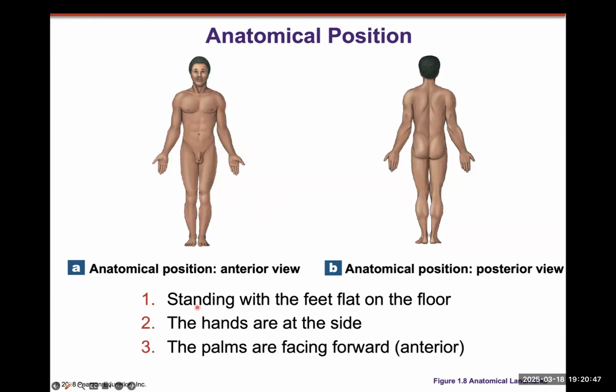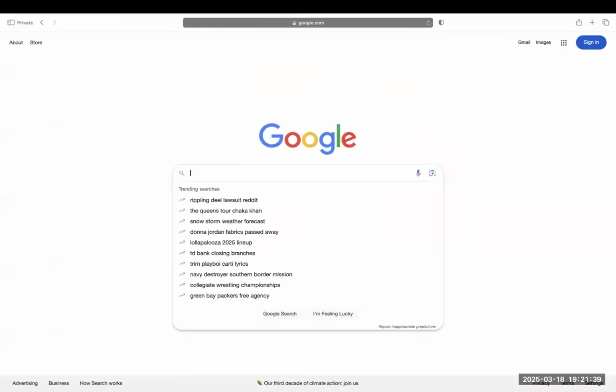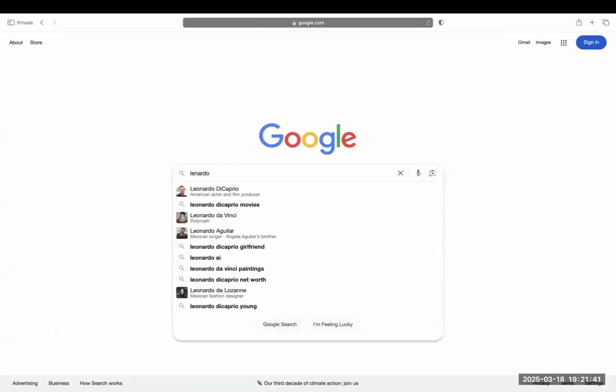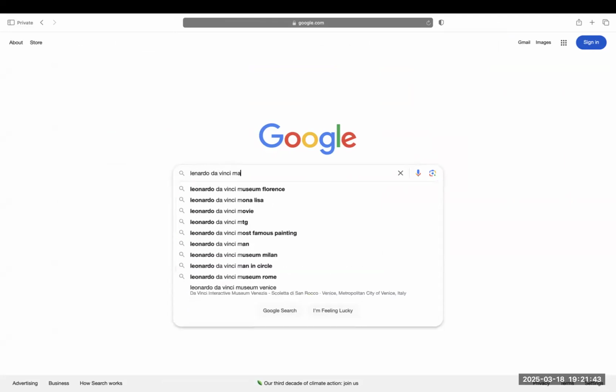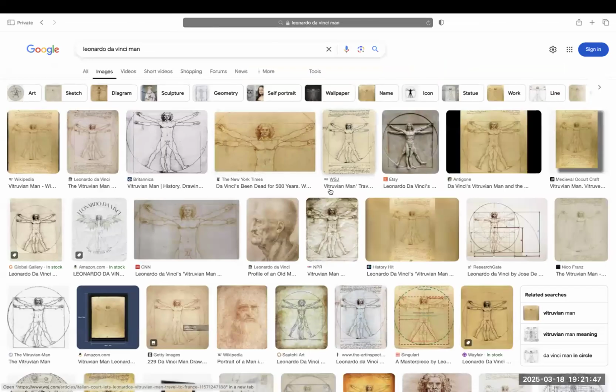So again, standing with the feet flat on the ground, the hands are at the side, the palms are facing forward, anterior. That's the anatomical position. And this is coming from Leonardo da Vinci. So if you go on Google and search Leonardo da Vinci man, you're going to get a bunch of anatomical